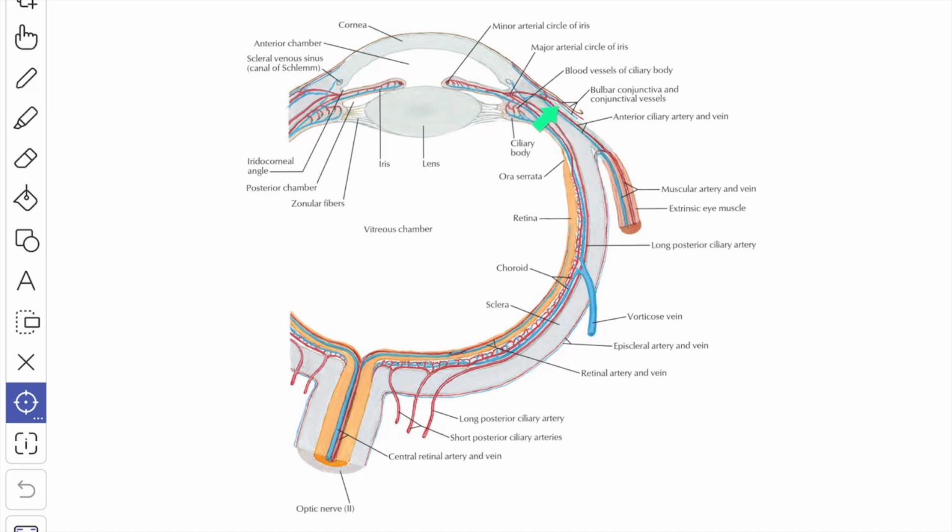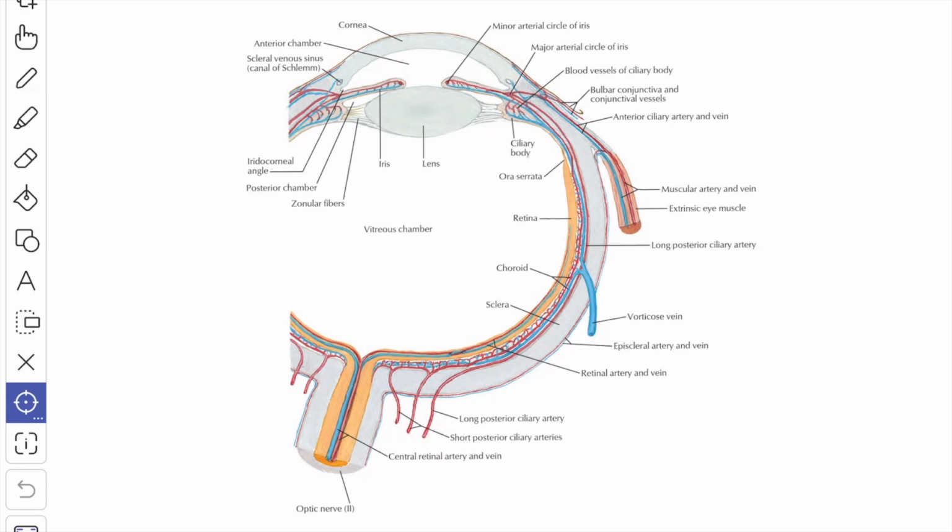The anterior ciliary artery arises from the muscular branches to the recti muscle and they form a major arterial circle to supply the iris and the ciliary body. So, these are the short posterior ciliary arteries. They are usually 7 in number at the beginning. Then they break up into a capillary plexus and supply the choroid and the avascular outer 3 or 4 layers of the retina by diffusion.